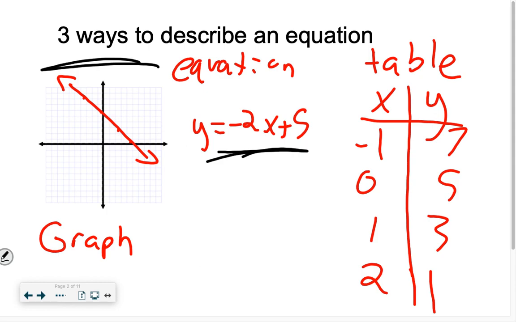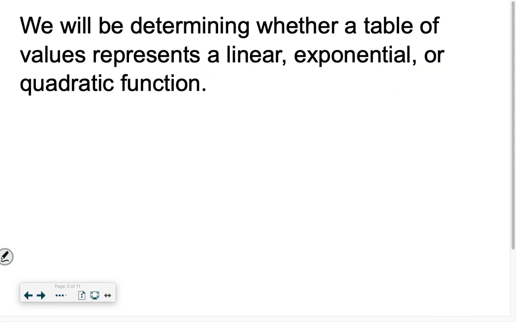So let's go on to determining whether these are linear, exponential, or quadratic. We're going to be given a table of values, just an XY table, and we have to figure out if it's linear, exponential, or quadratic. We're not going to have an equation and we're not going to have a graph. We're just going to have a table of values, an XY table, and we have to figure it out. Okay? So let's start out with the easiest,